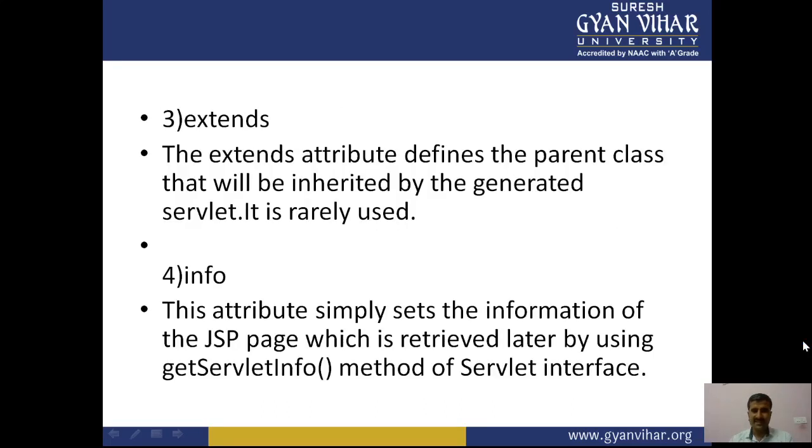Extends attribute. The extends attribute defines the parent class that will be inherited by the generated servlet. It is rarely used.